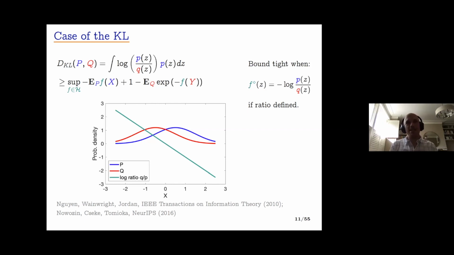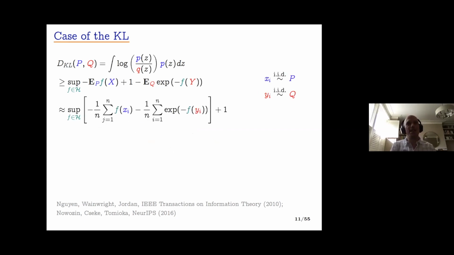Now, let's say that we want to compute this in terms of samples. Well, we can do that, right? So here I'm replacing my population expectation over f with the sample expectation over f. And I'm doing the same with the exponential of the negative f on the samples from Q. Okay, so now this is an empirical expression. And if I have a nice smooth class of functions, I'll be able to get an approximate lower bound to my KL, which I'm computing from these smooth functions.